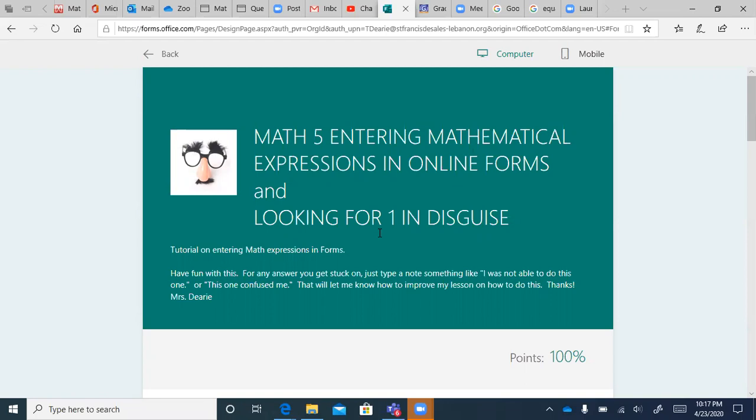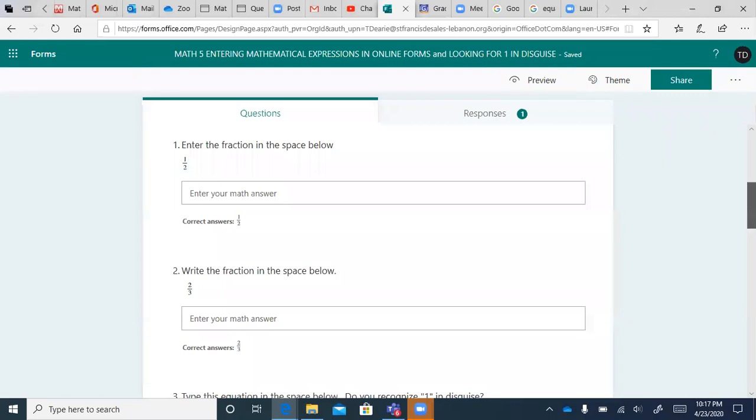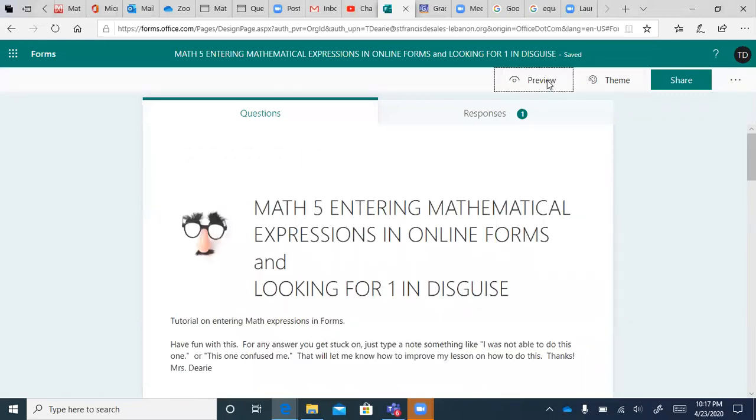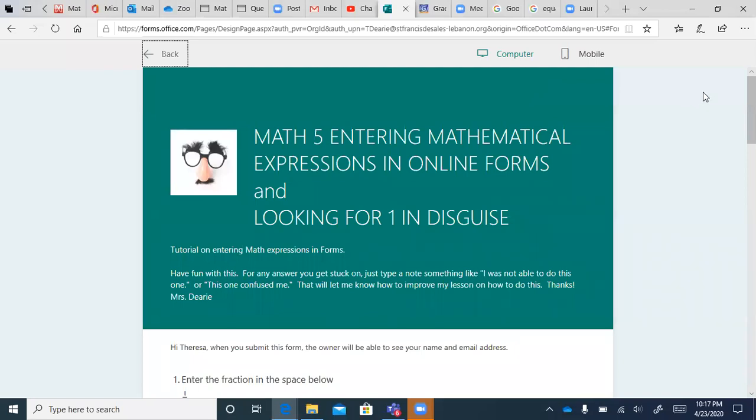We're going to start today with a little tutorial learning how to enter mathematical expressions in online forms. So you will have a link on your teacher page and it will bring you to a form that looks like this. So you'll come here. It's mathematical expressions in online forms, and we'll also keep talking about looking for one in disguise. So here's a little disguise one might wear with his glasses and bushy eyebrows and a big nose and